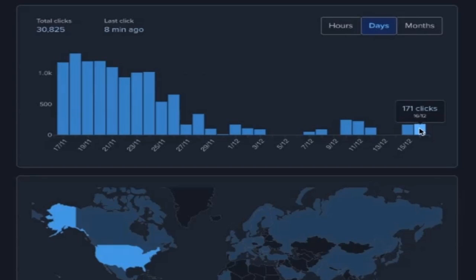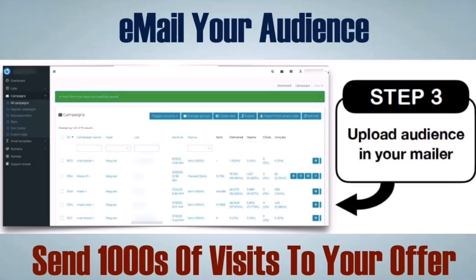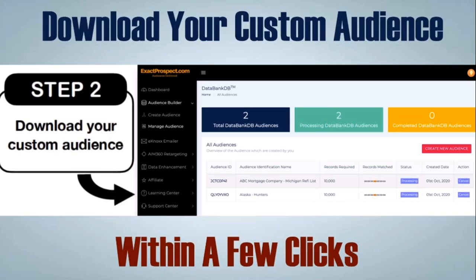Check out some of these results for some campaigns that have been run. 30,825 clicks. Now, I know you're going to say, well, clicks are great, but what does that mean? Upload your audience into your mailer and let Enox email your audience completely. Step 2, download your custom audience, and within a few clicks,